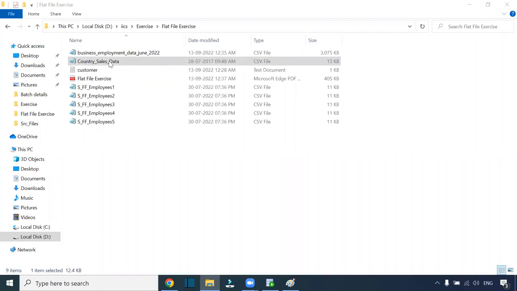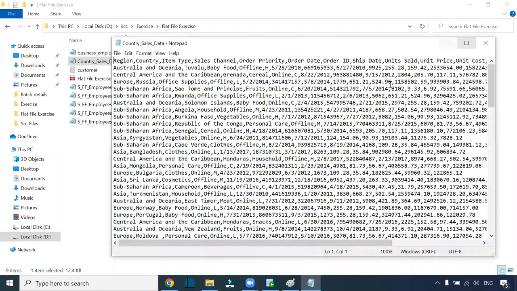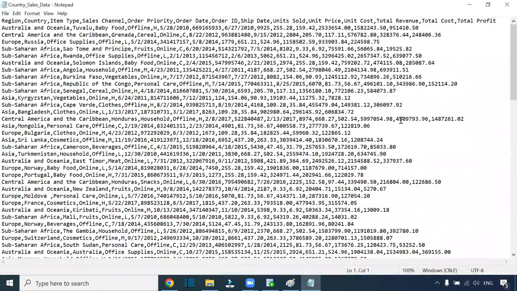And here we have a lot of data. A few of them completed and shared the result also. So those who haven't completed, please complete. I have given the date format here in this way. If it is in this format, you will be able to complete it. Please complete it and send it to me,